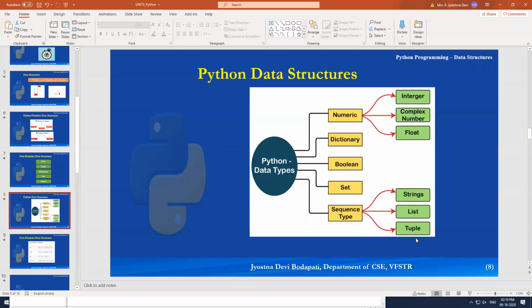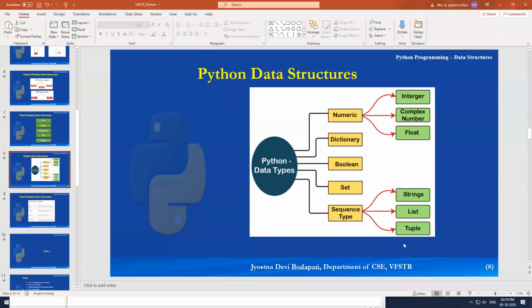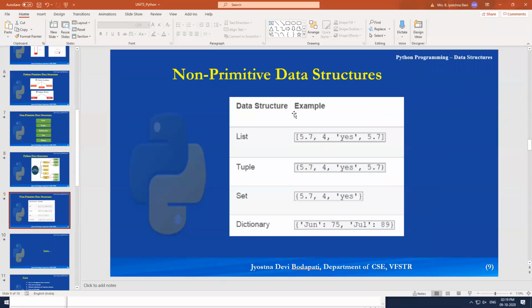Why we call these sequence data structures is that they follow some sequential order in storing the data. For example, here are examples of different data structures: a list, a tuple, a set, and a dictionary. Here I can say this is the first element, this is the second element, this is the third element. Is there any ordering in the elements or not? Yes or no? In this case, yes. In the case of the list we have it, in the case of the tuple also, but in the case of the